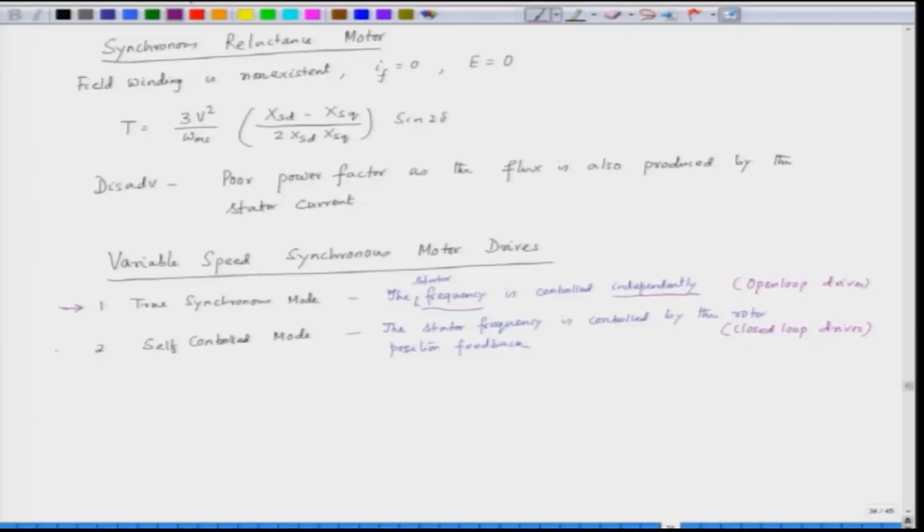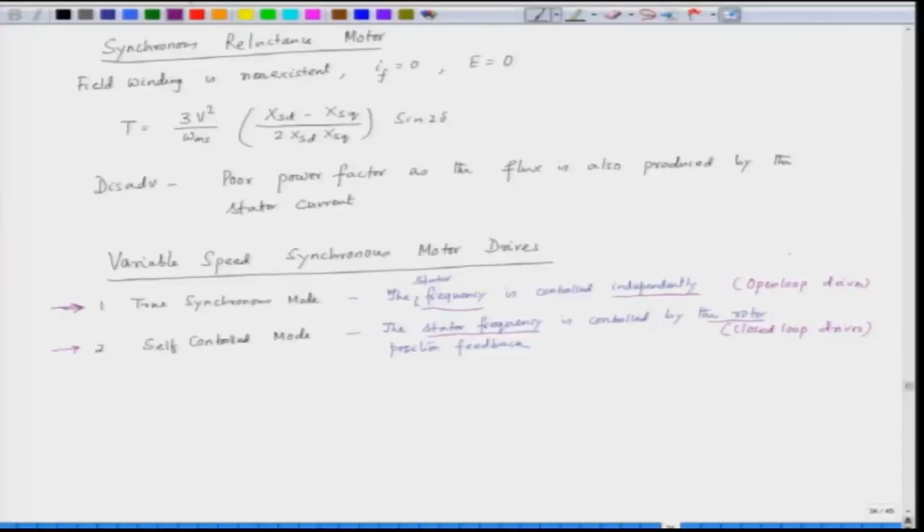So, we have the second type of drive which is called the self controlled mode. Here the frequency of the stator is controlled by the rotor. Now, why is it so? Because in a synchronous machine there has to be a synchronism between the stator and the rotor. Now, when we supply it from an independent source, that is the true synchronous mode, that is the first mode,